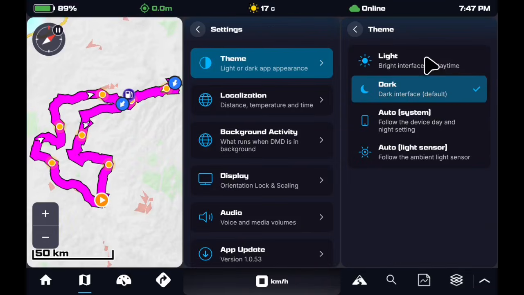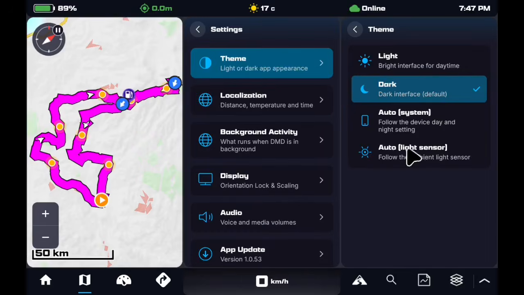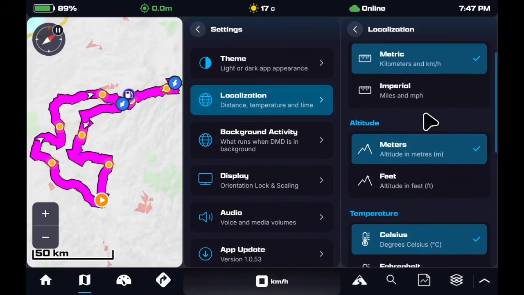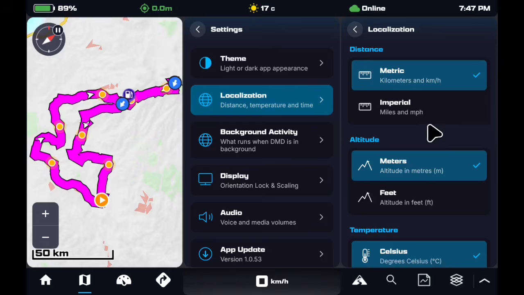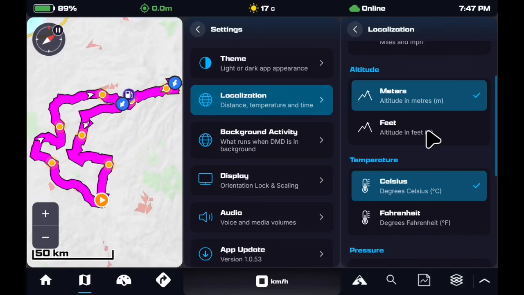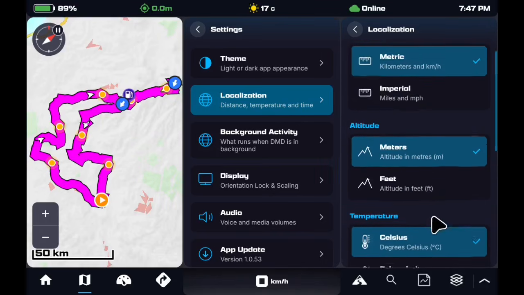Now the theme, same with that light and dark appearance. You can follow the system. Localization, I send all of our devices out at Moto Explorer already set up with Australian conditions, I suppose you'd say. So metric, meters, that I send them all out that way, but you can change it if you're traveling overseas or you're in another